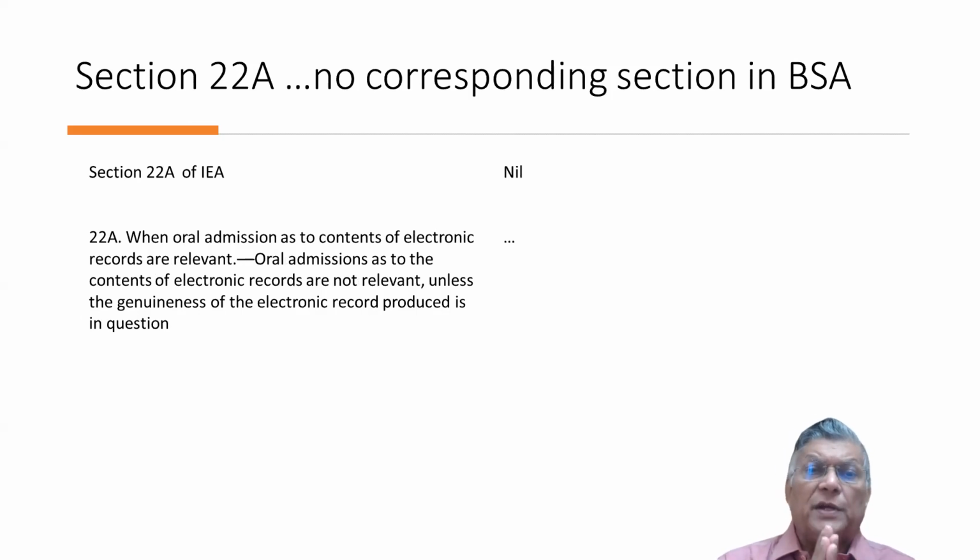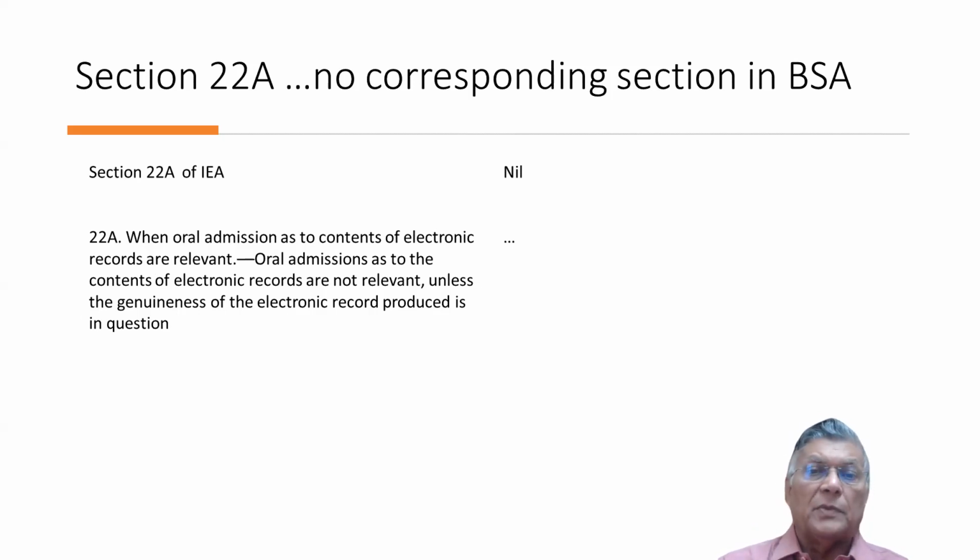Now this section 22A earlier said that when an oral admission is given as to the contents of electronic records, it is not relevant except where the genuineness of the electronic record is in question. That is, when the electronic record is admitted and subsequently contested, then there may be a need